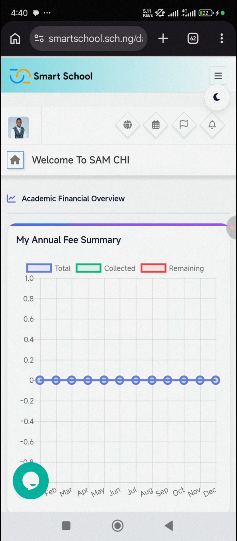So for instance, I logged in as a student, as you can see on the screen, Samchi, then student account. So I'm making use of a mobile phone, which is also applicable on a laptop or any device at all. If you're making use of a laptop, your menu bar is already open, but if you are using your phone or tablet or anything, probably the menu is not open. To open up the menu, you click on this. You can see the 3 dashed lines. You click on it,